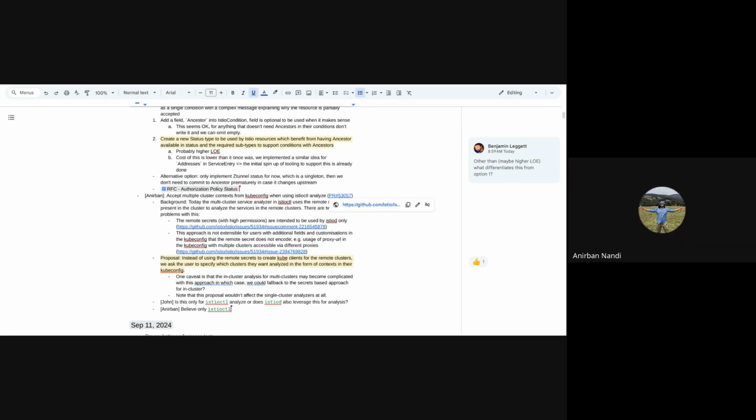I think Niranjan, you have your hand raised. Yeah, I just wanted to clarify something about that remote secret because it came up in another discussion recently. This is kind of separate from istioctl analyze, but that remote secret just needs to be created for cross cluster service and endpoint discovery to happen, right?